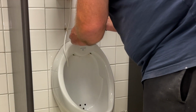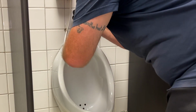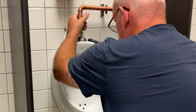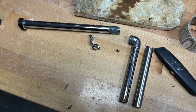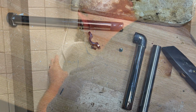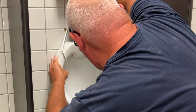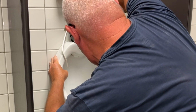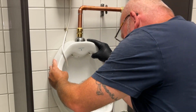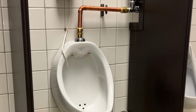You may notice the copper supply line and the threaded slip joint that I'm attaching to the top of the urinal. These 30-year-old pieces that were chromed brass pretty much fell apart in my hands when I took it apart the first time. The threads were just corroded to the point where they were paper thin and there just wasn't any strength left. I had to rebuild it, and rebuilding it piece by piece was actually easier to put together